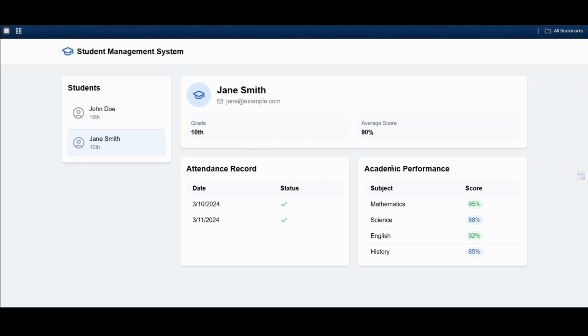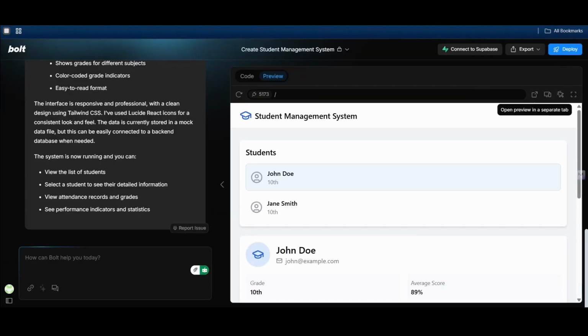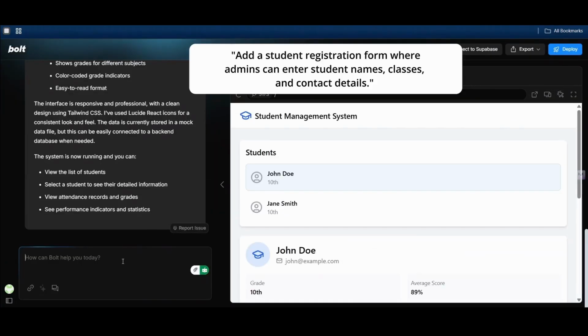Now, we need a student registration system, because every manual system first needs a student registration system. To add this, we will have to update our form. Like if I go to Bolt and say add a student registration form. Okay, so what needs to be done in this? Where admin can enter student names, that's done, and classes, and contact list of classes, and